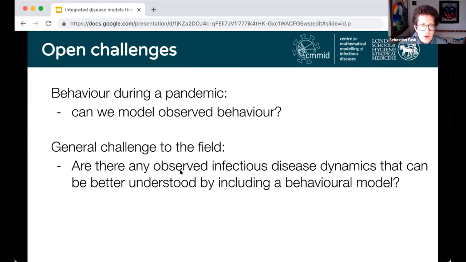Maybe we can't go beyond understanding very broad theoretical interactions between behavior and disease, and maybe that is all the value we can get, and there's obviously value in that in itself, as again referring to the previous talk, which I thought really nicely illustrated some of these